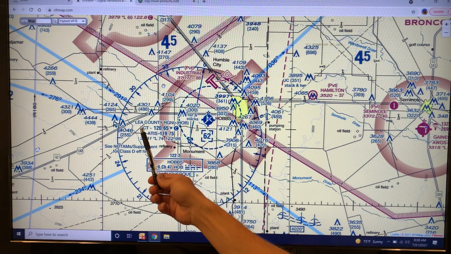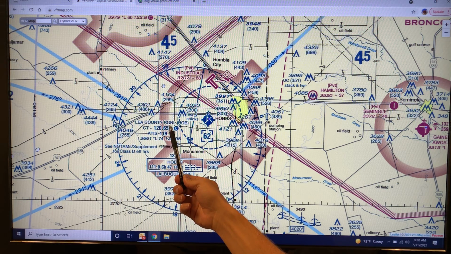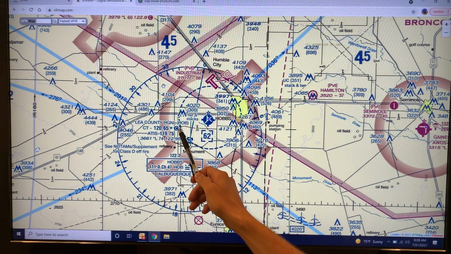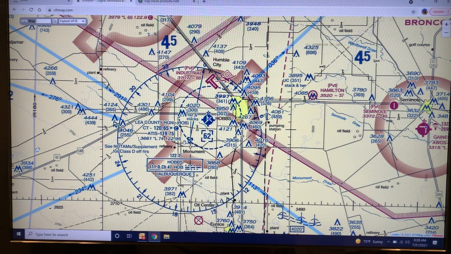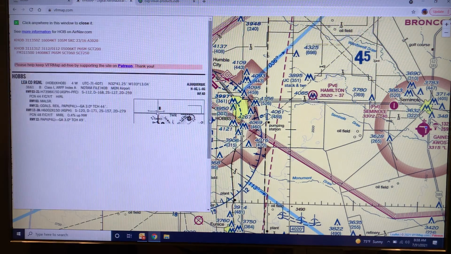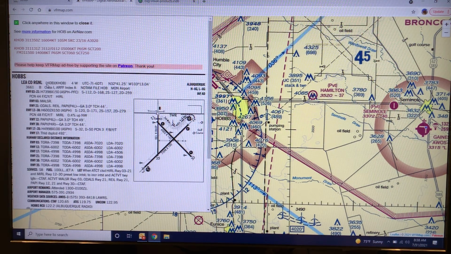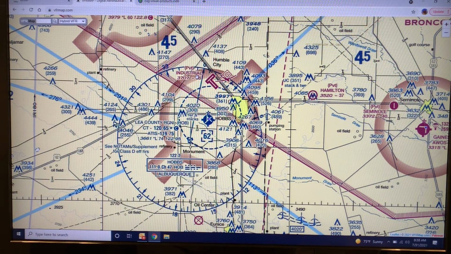All right, let's read the airport information. Lee County Regional is the name of that airport, and its identifier is HOB, Hotel Oscar Bravo. Now that will have a K in front of it. In fact, I think if we click on it here, if we look at the chart supplement, yeah, Lee County Regional, KHOB, so Kilo Hotel Oscar Bravo, KHOB. So a lot of bigger airports, particularly ones with weather, it has something to do with an ICAO identification. They'll have a K in front of them instead of these other numbers that we have at other ones, like